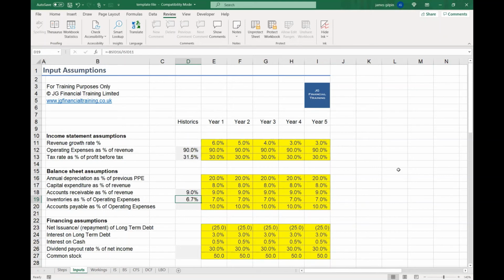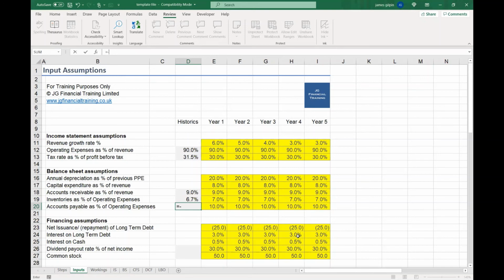In practice, you may already be familiar with the fact that operating expenses are generally split into two: you show the variable or direct costs as cost of goods sold, and you show the indirect or fixed costs as sales, general and administrative costs, broadly speaking. And really inventories is related to cost of goods sold. But nevertheless, for the purposes of this very simple model, we're just going to look at it as a percentage